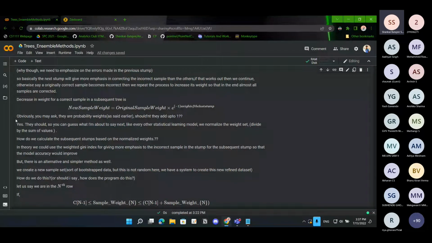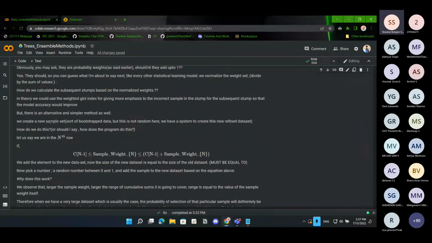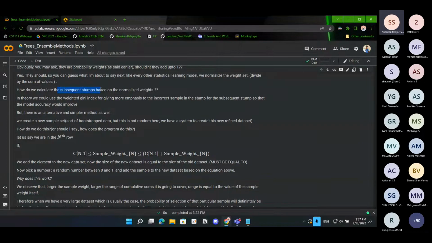So obviously you people will ask, shouldn't the weights add up to 1? That is why we normalize it. Now, this is the most important part: how we calculate the subsequent term based on the normalized weights. In theory, we could use the weighted Gini index for giving more emphasis to the incorrect samples in this term. Okay, but what you want to do is